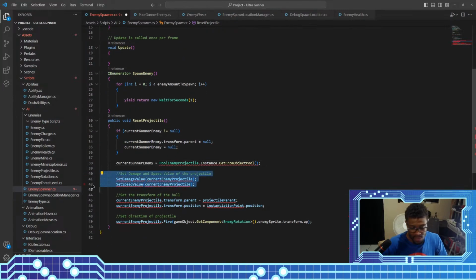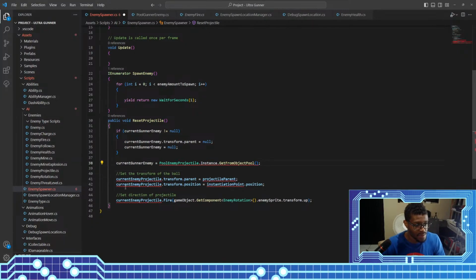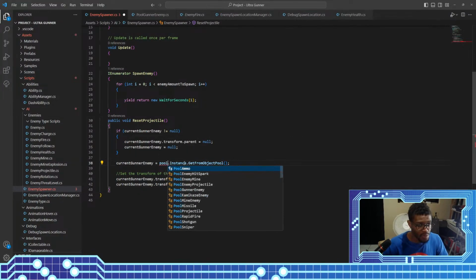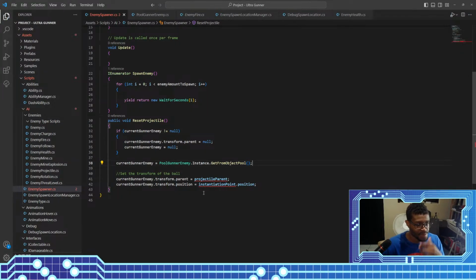You want to set the damage value of anything. Set the transform. There we go. Set the direction. We don't need to set the direction because it does all of that when the script starts. So this is going to be from pool gunner enemy. There we go. Okay. Current transform dot position is, we don't want to reset projectile, we want to